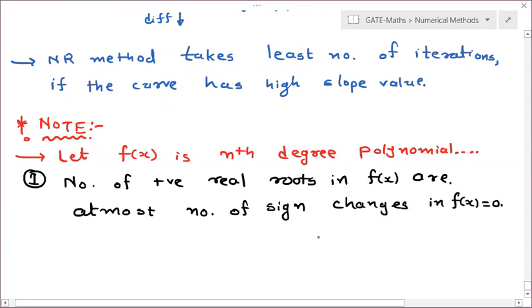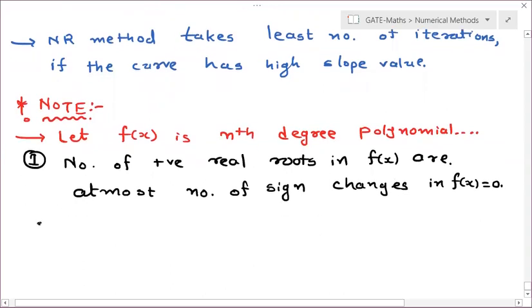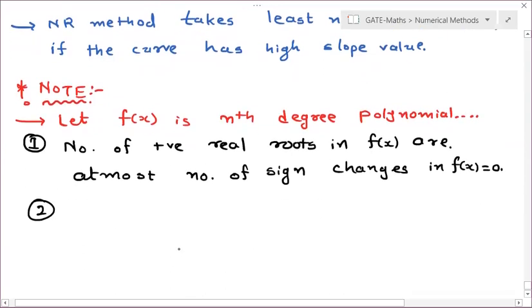At most means maximum. Second, the number of negative real roots